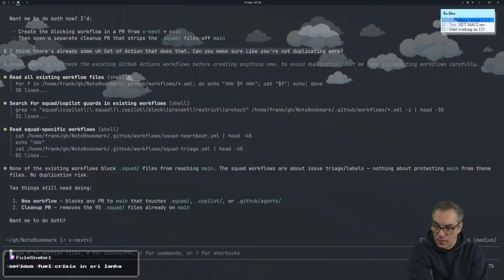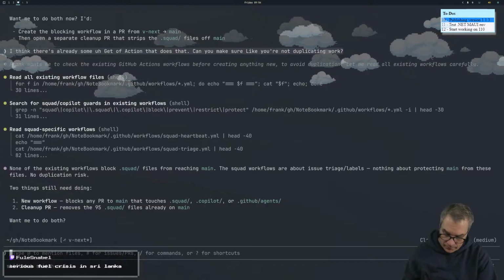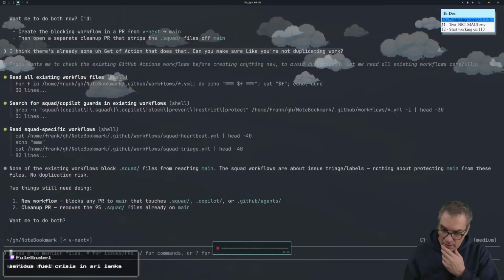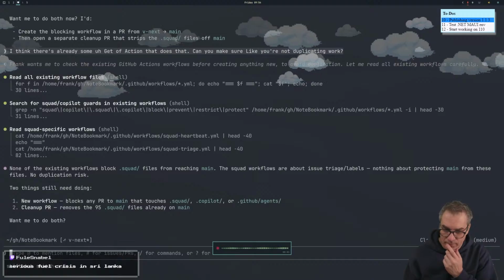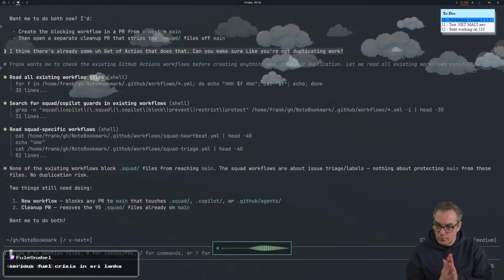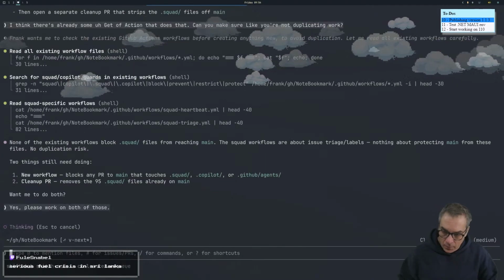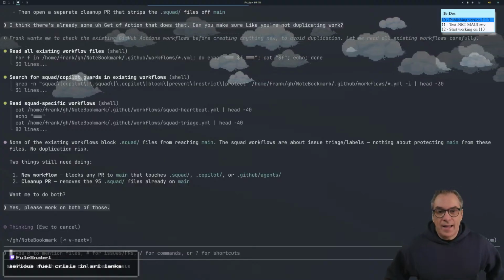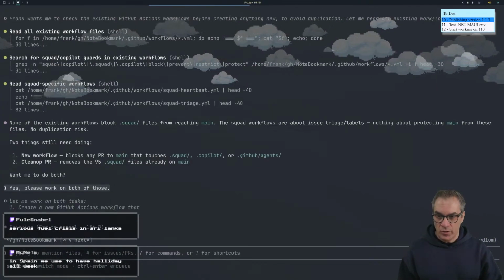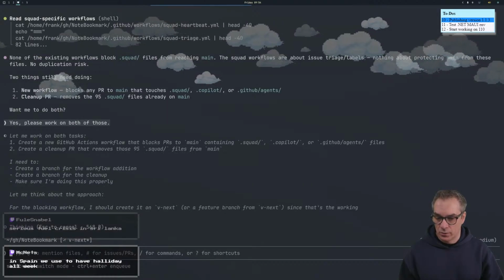Okay. Yeah, sure. Yes, please work on both of those. So while that's working, we should be able to